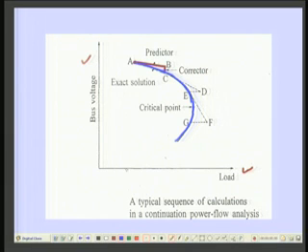Here it is possible to get the solution so that we can get the critical point. For example, this is the critical point, and then we can get points which are below the critical point also. That is, the complete PV curve can be obtained for a particular bus in the multi-machine system. Now, let us study the algorithm, the mathematical formulation.